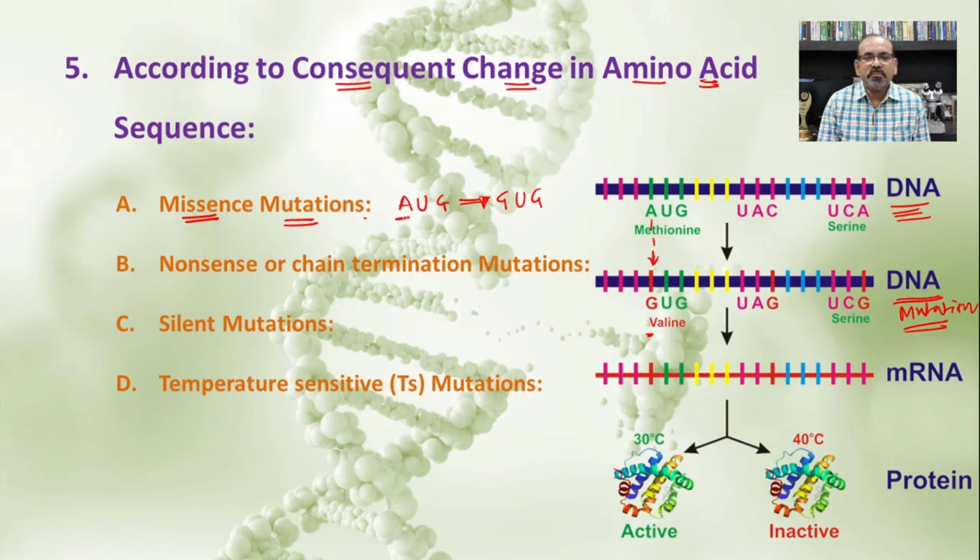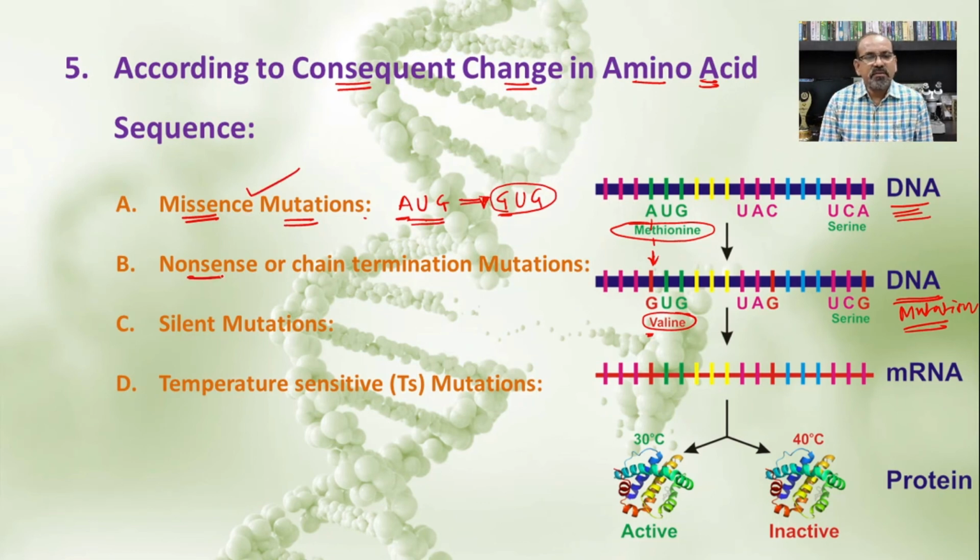If such a type of mutation occurs, the first codon, that is the AUG, is responsible for the recognition of methionine, but after the mutation the codon becomes GUG and it recognizes the amino acid valine, and this means that the complete meaning of that particular codon gets changed. Such a type of mutation in a nitrogen base which changes the meaning of the codon is known as a missense mutation.